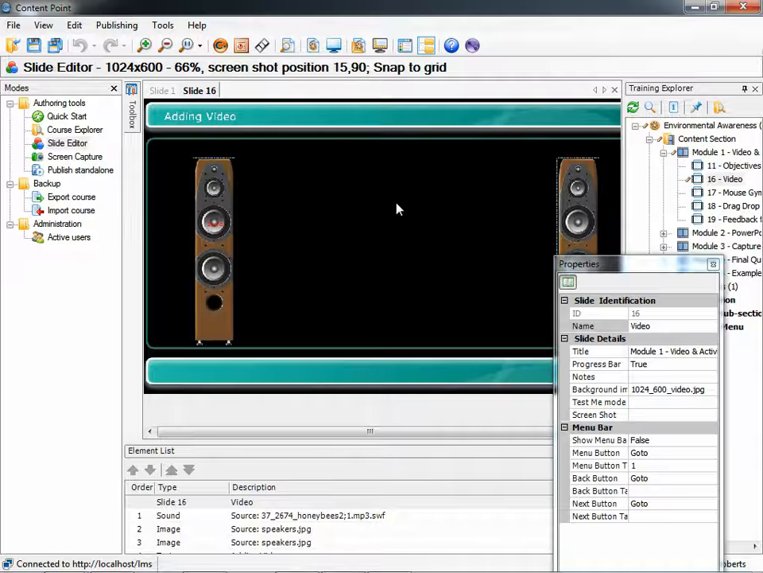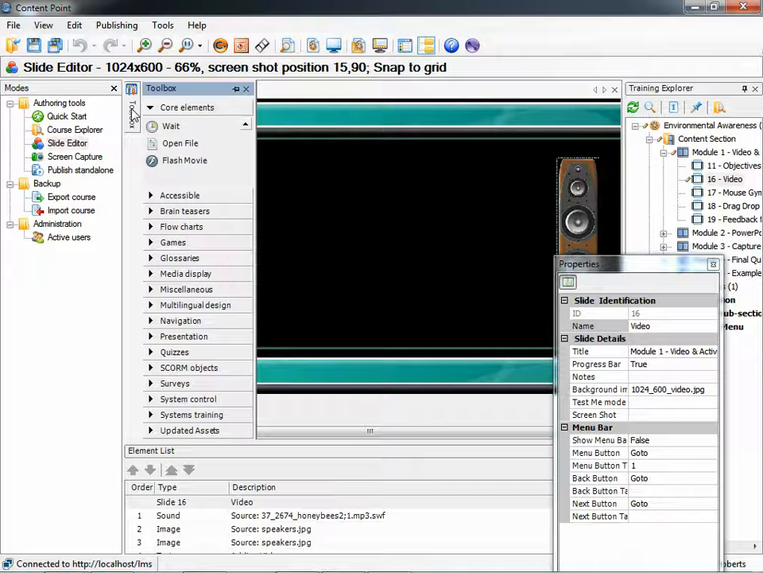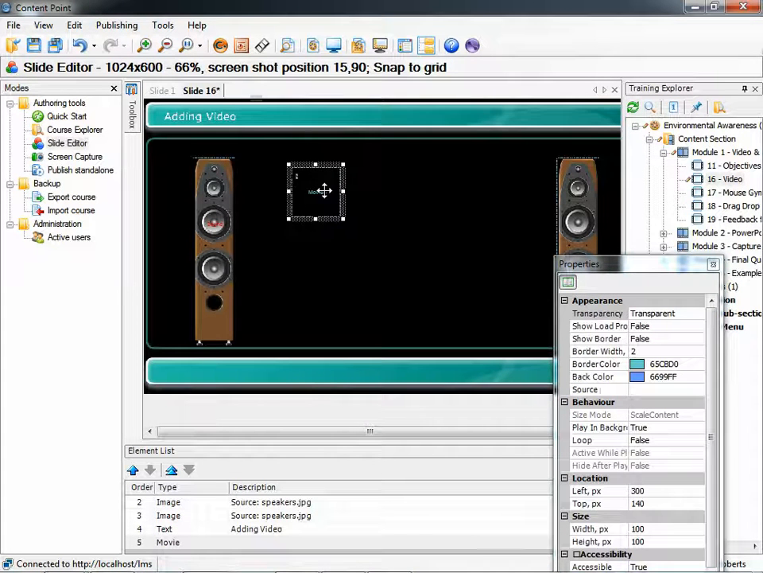And I want to have a movie on this page, so I'm going to go to my toolbox, and in my core elements, we used the flash movie last time. I've just got an ordinary animation, just an ordinary video that I'm going to play on this page. So I'm going to drag my movie frame placeholder onto the page, and you can see you've got an empty